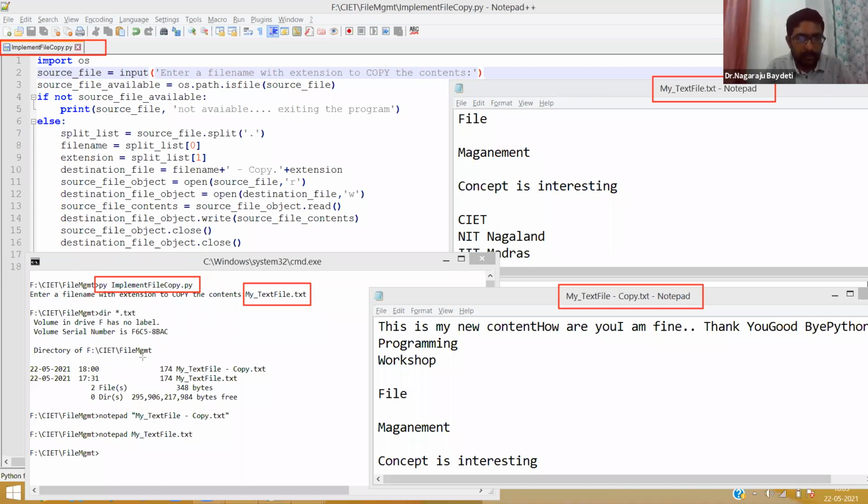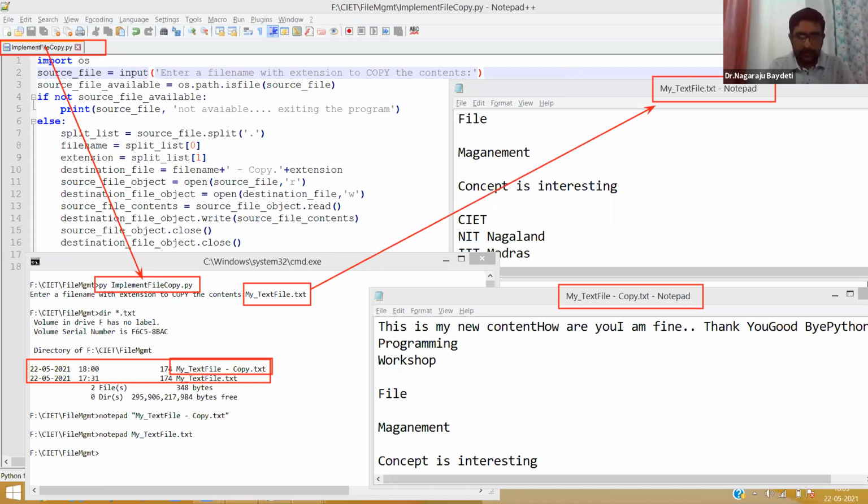Then I could get this destination file with the same contents. This is the program I executed. I gave the source file.